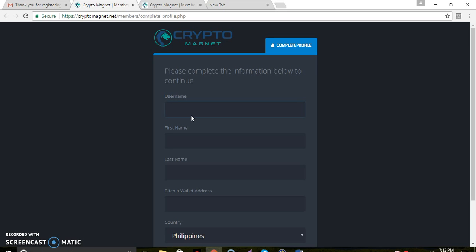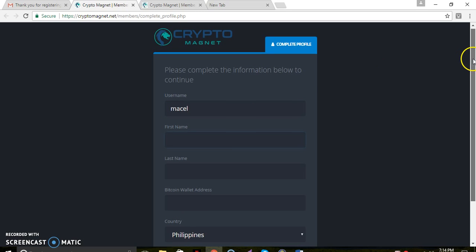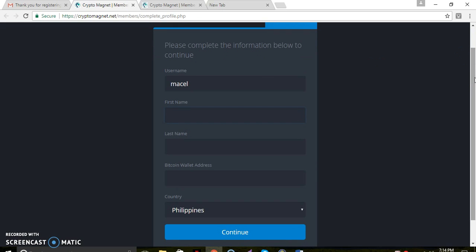So you have to input your desired username, and then the family name, and then the Bitcoin wallet address. Make sure you provide your Bitcoin wallet address, which probably you use for registration on this platform.